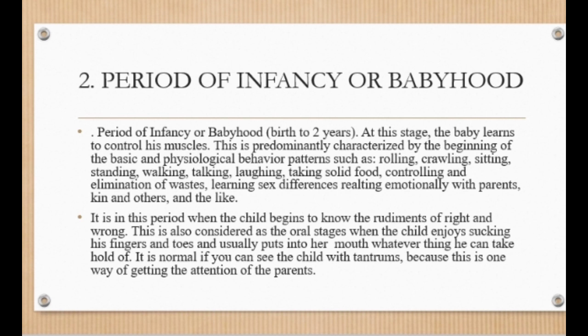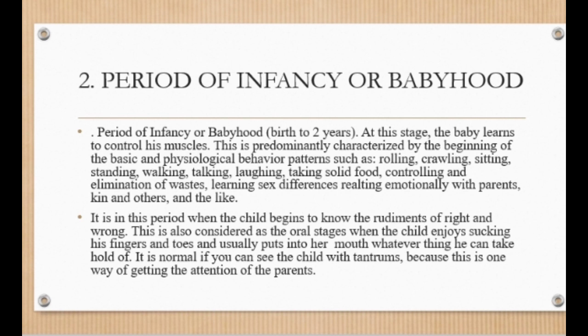At this stage, the baby learns to control his muscles. This is predominantly characterized by the beginning of the basic physiological behavior patterns such as rolling, crawling, sitting, standing, walking, talking, laughing, taking solid food, controlling and eliminating waste, learning sex differences, relating emotionally with parents, kin and others, and the like. It is in this period when the child begins to know the rudiments of right and